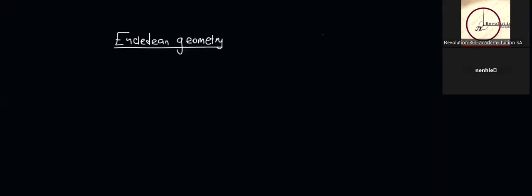Okay, so we'll be just starting with Euclidean geometry. The first thing that we're going to be dealing with is quadrilaterals. So we'll be starting with quadrilaterals. Then one thing that you must actually know from this is that a quadrilateral is a closed